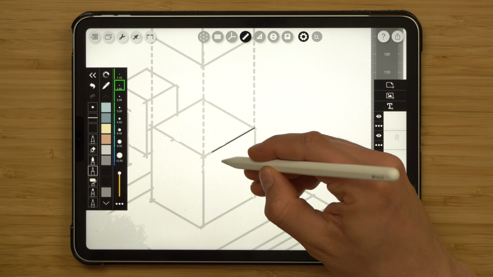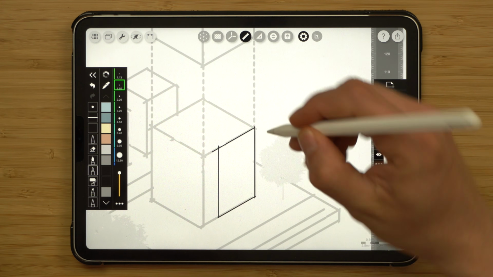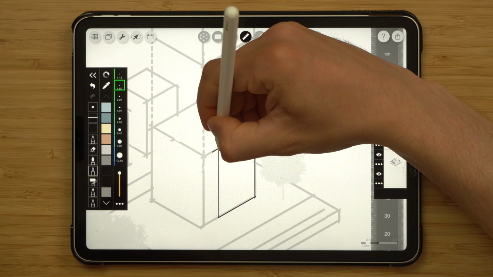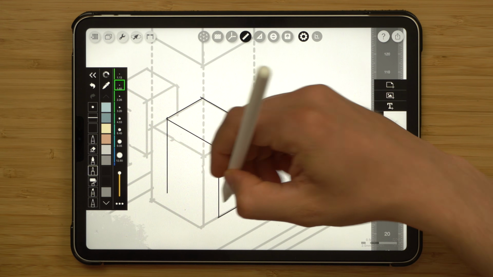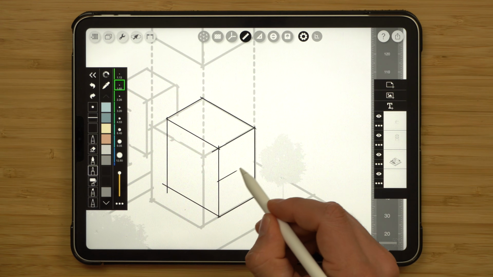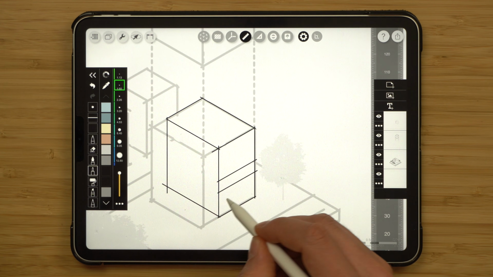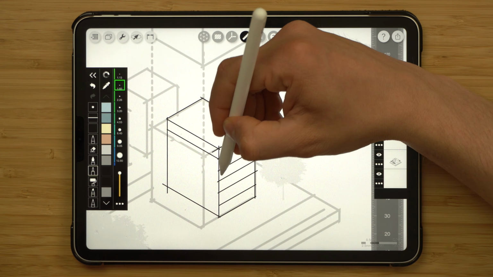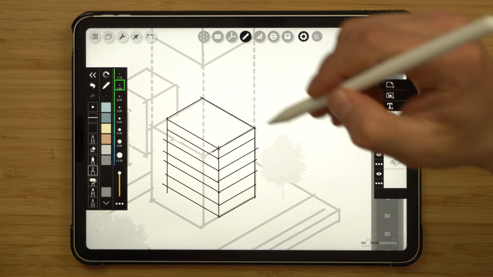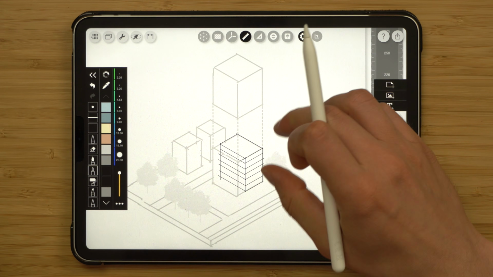I'm just going to subdivide this volume into smaller rectangles, like so, tracking the lines along the edges of the box we created previously, and then finding the intersection points. And then I'm going to divide this volume vertically into 6 parts to show the floors. Do it by eye, plot the lines in equal subdivisions, more or less. This is the internal bit of my building. The one above will be the external envelope.